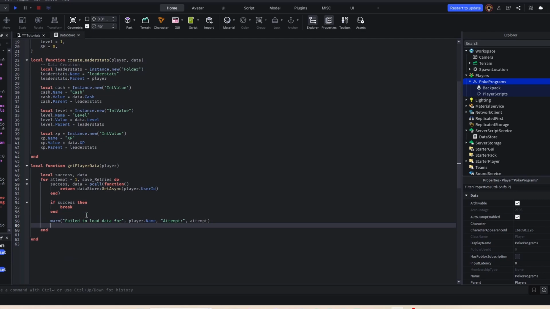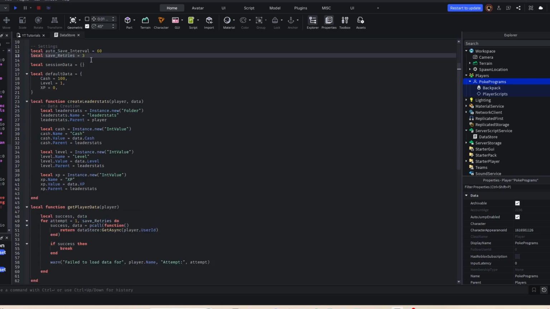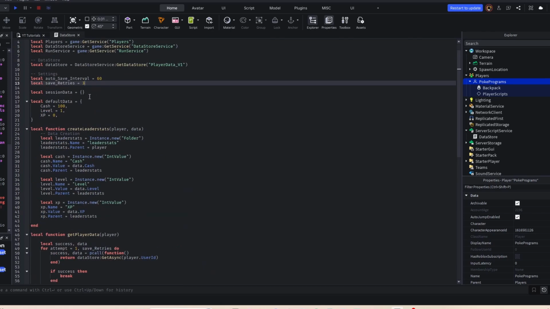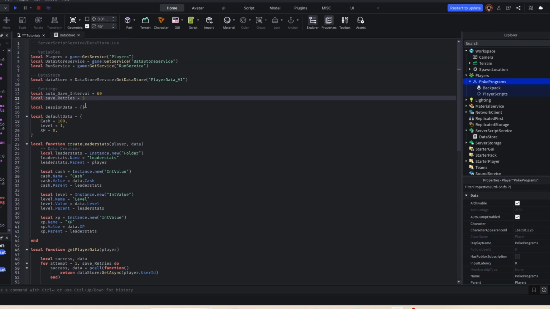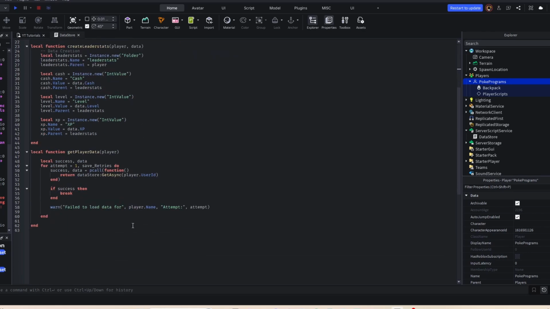So what this will do is warn the player that their data failed, but this isn't the last call for them because they've got their save retries, which we've got set to 3, but that's subject to change for whoever is taking my script and putting it in their game. I don't know what you want yours set to. So it'll say the player name, then what attempt it's on. It'll start at 1 and change due to save retries, and it will let you know which attempt it's on. Okay, there we go. Then we'll do